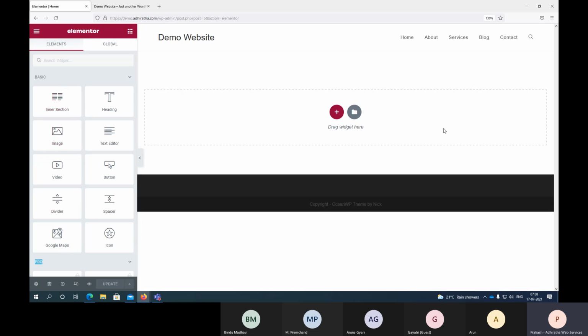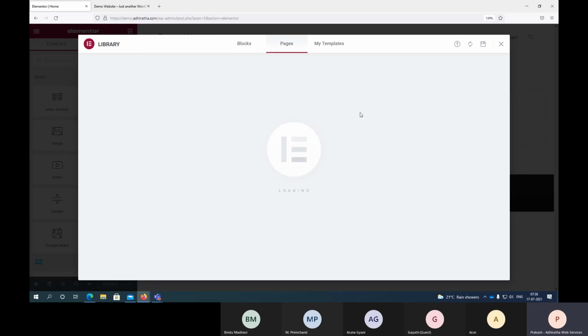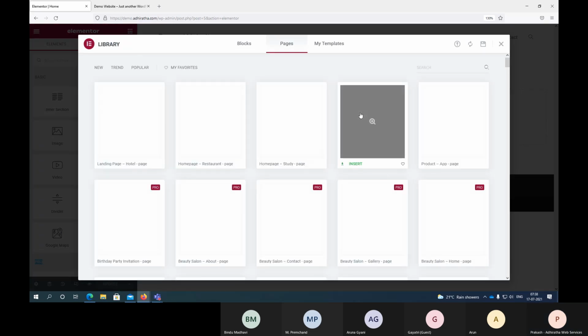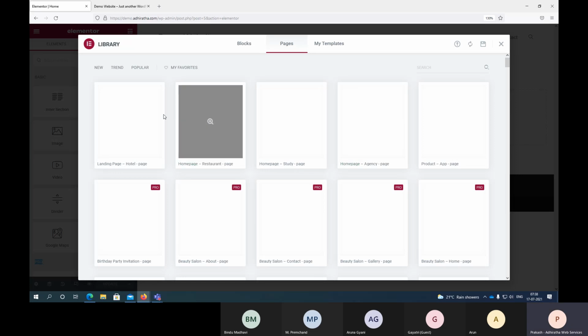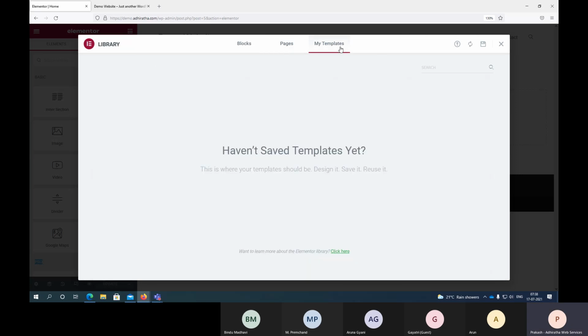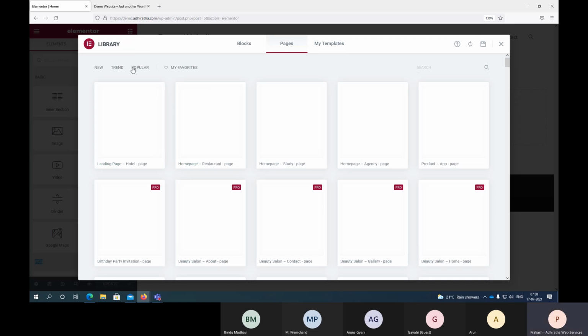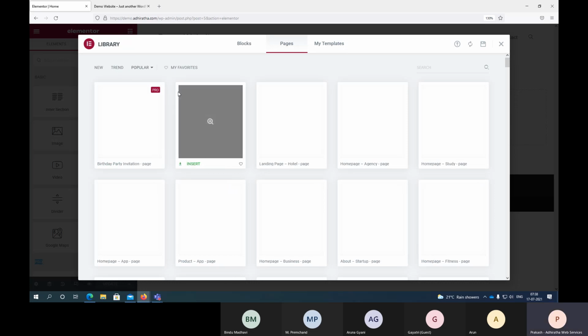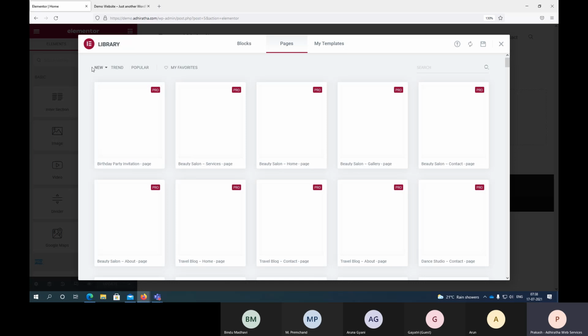So if you come to the actual content place, there are two symbols. One is plus, the next is template. Here also you have template options. So here you can actually explore some designs, popular, same like how we imported templates. This is what it is. For a particular page also you can import it. For some reason it is not loading. I don't know. But in your system you can explore it. But don't do that now.